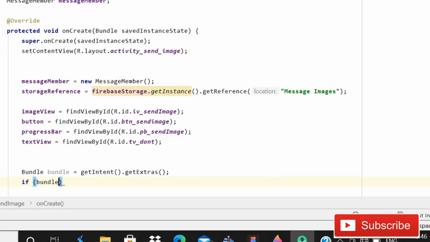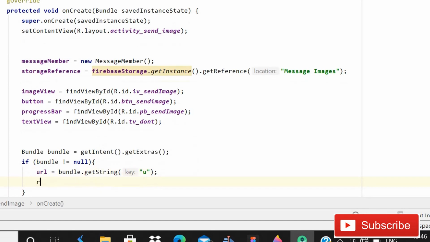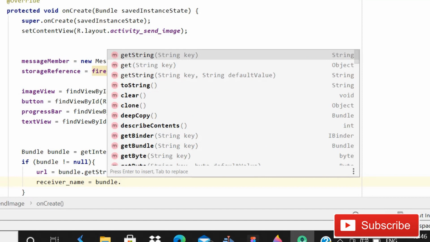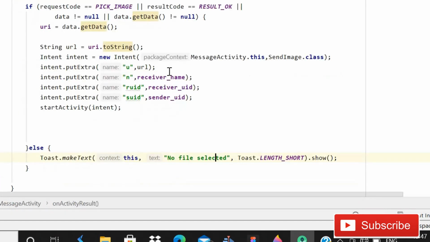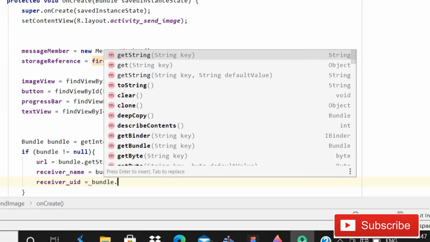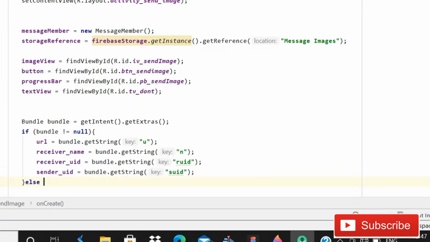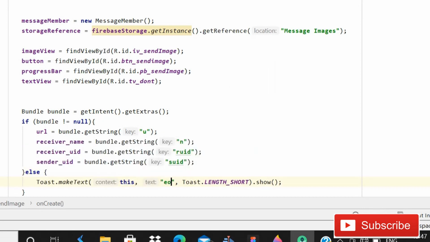So write if bundle not equals to null, then first of all retrieve the URL equals to bundle dot get string, that will be u for URL, then receiver name equals to bundle dot get string, n for name, then receiver UID equals to bundle dot get string, that will be RUID for receiver UID, then sender's UID equals to bundle dot get string, and that is SUID for sender UID, understand? So now it's correct.